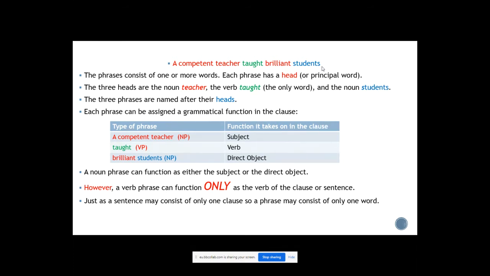So if we have a sentence like, for example, Ali studied hard, Ali here is a noun phrase which is made of just one word, right? But if we said, for example, the title of the book is interesting, the title of the book,